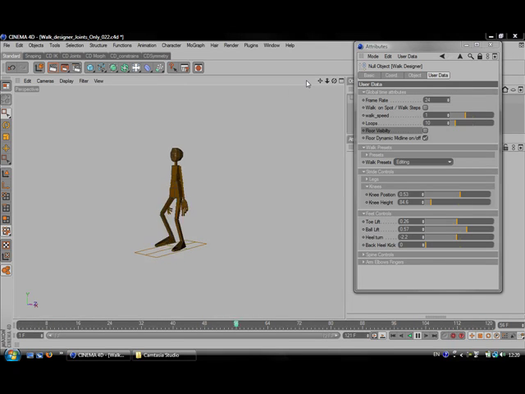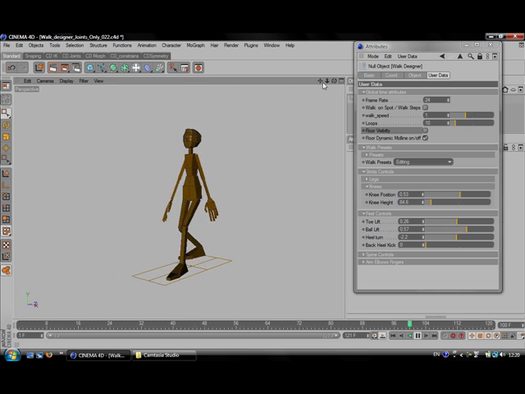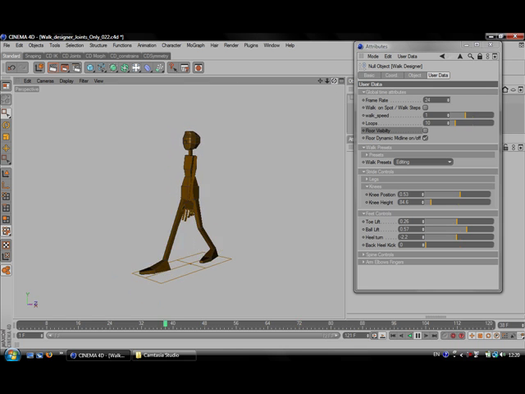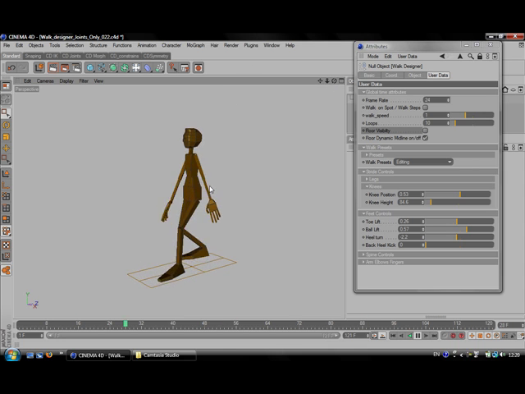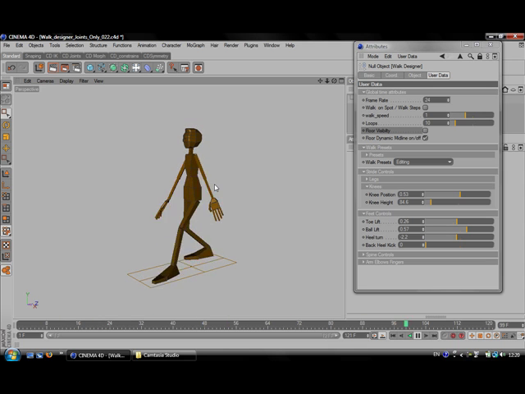I would like to take this opportunity to introduce you to this new tool I have developed called the Walk Designer, which is a procedural creator of walk cycles. With it you can create any type of walk cycle, as many types as you actually wish, and it's a very useful tool because it can be useful for people who work in visualization and architecture, and they want some characters to be walking along